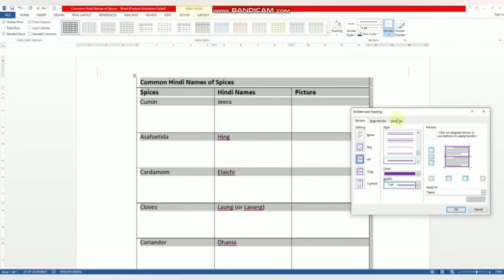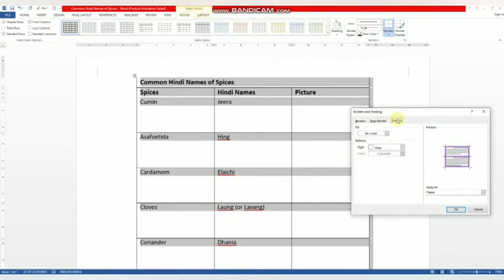Now in the shading option, click on shading tab. Select the desired shading color from here, fill option. Then if you have already selected border and shading, then click on OK button.